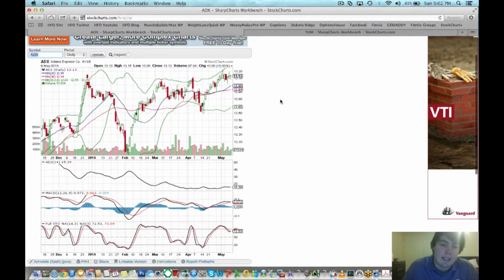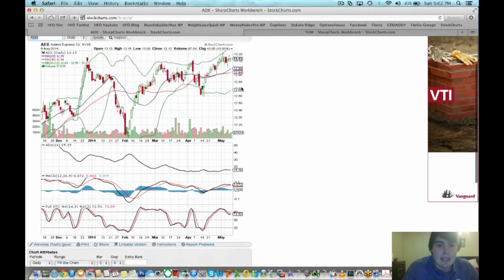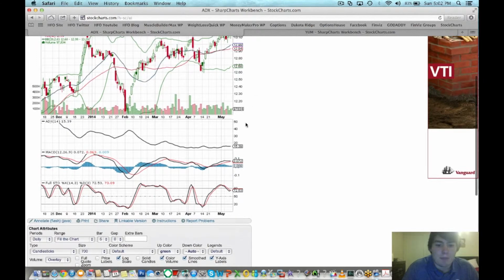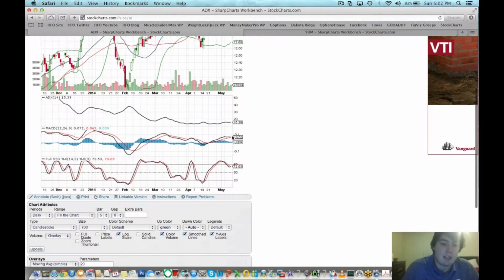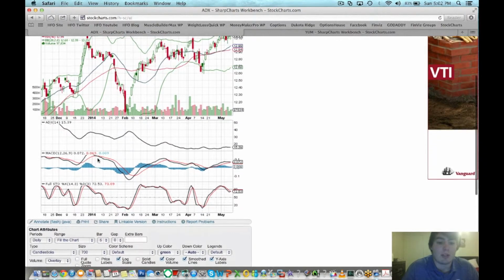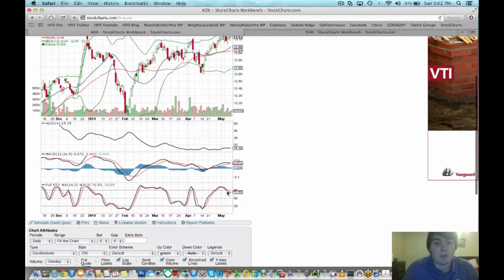Next is going to be the GDX, which is the gold and silver index, and it looks as though the Bollinger Bands popped right about here, and it's been trending upwards. I don't think it's hit its top looking at this MACD. I definitely think there's still room for it to rise. Obviously, in the past, back in the very beginning of 2014, it definitely rose a lot higher than that. So we're definitely looking at room, but also the stochastics, because it's at the top, which would usually indicate